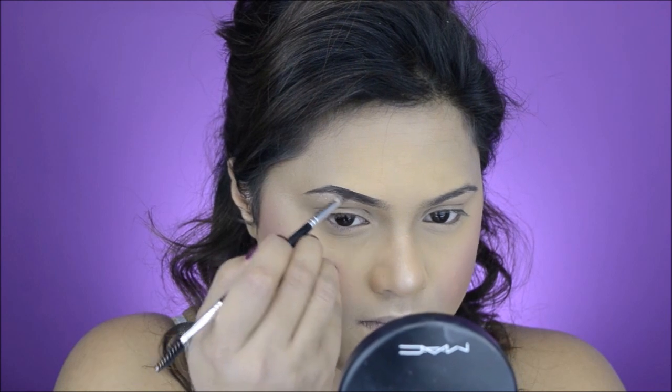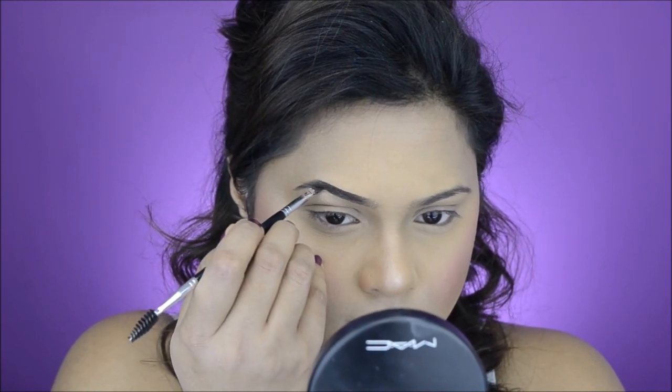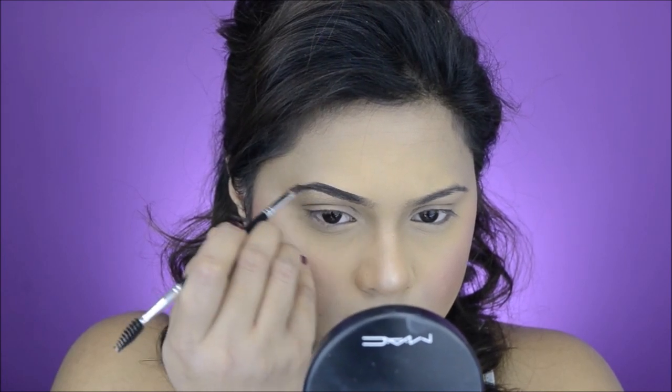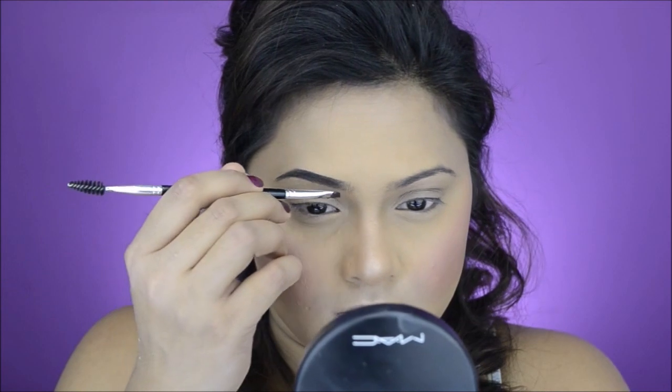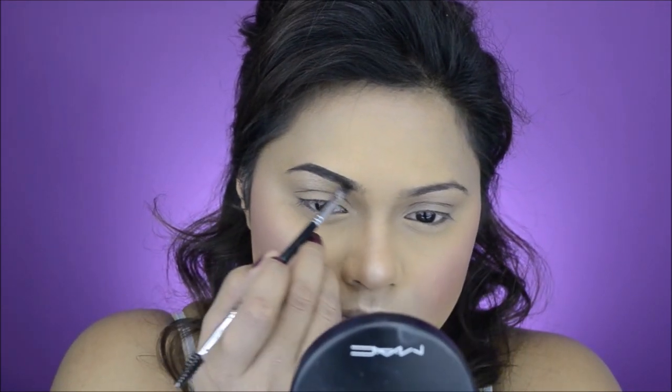On my previous video, I started with my bottom eyebrows. On this video, I'm going to start with my top eyebrows. Bottom line, the story is pretty much the same thing. I'm going to outline my eyebrows before I start filling it in. Here again, I'm actually trying to fill in my